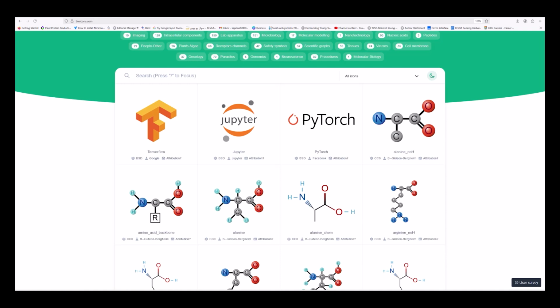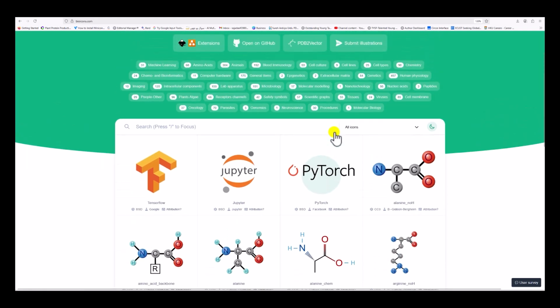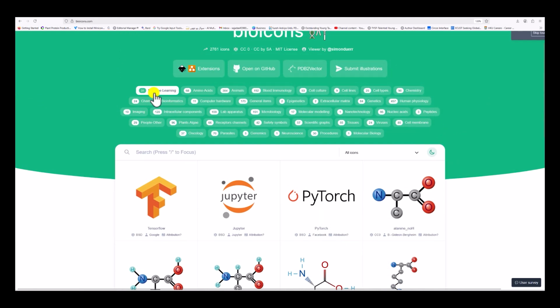Like if you are working on a genetic diagram, you will get many icons from here. You can see there are different categories like machine learning, amino acid, animals, blood immunology, cell culture, cell line, cell types, chemistry, bioinformatics.